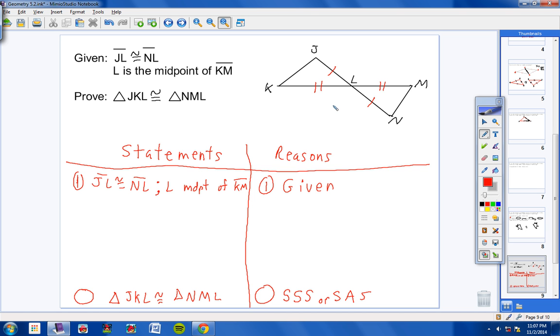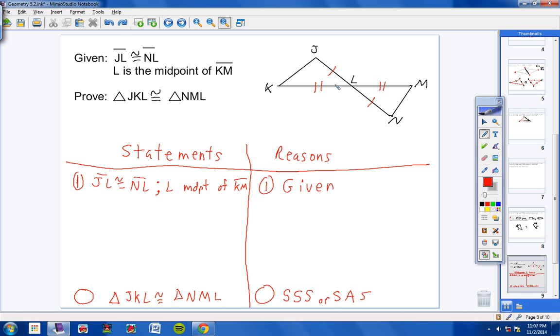Now, students, look what I have so far. I know that this side here is congruent to the side here. I know that. It was given to me. And I know that this segment here is congruent to this segment here, because L is the midpoint. So guys, the only thing I need left to prove these two triangles are congruent is to either prove this side here is congruent to this side here, and then I would have side, side, side of one triangle congruent to side, side, side of another triangle, or